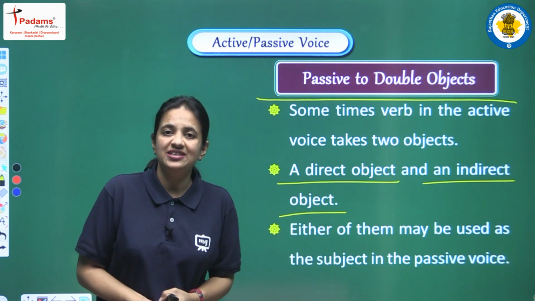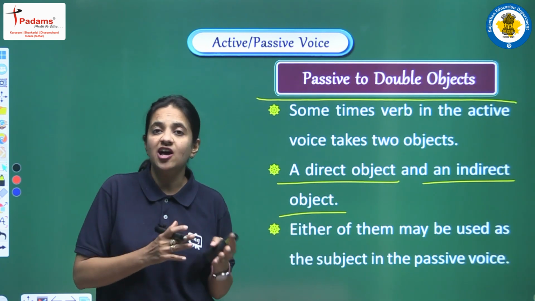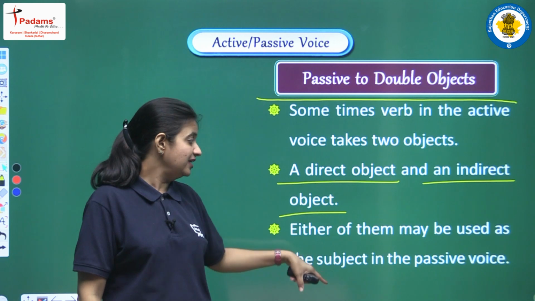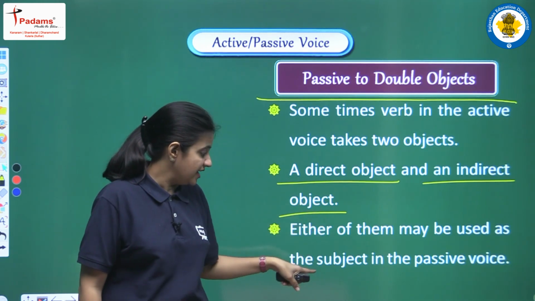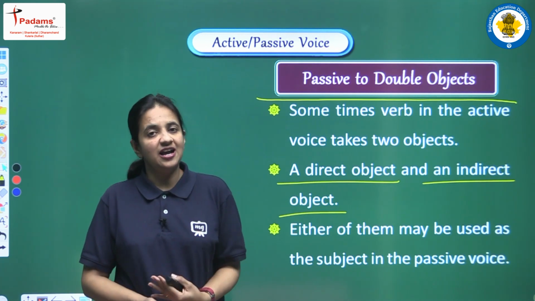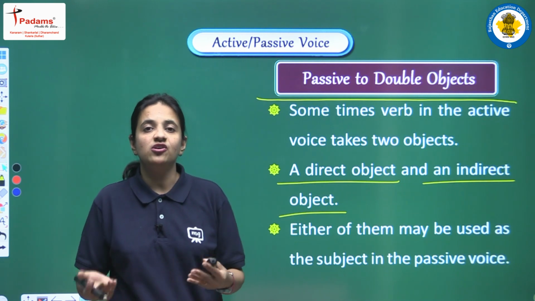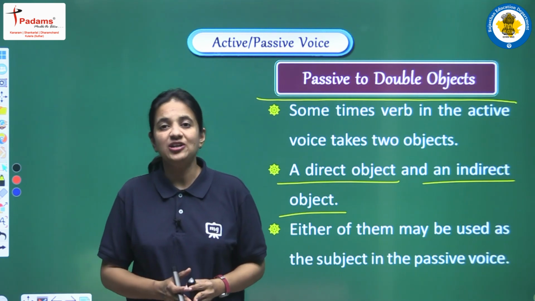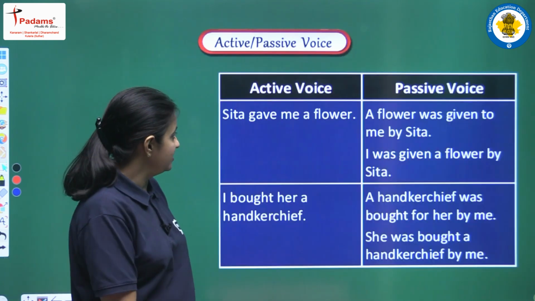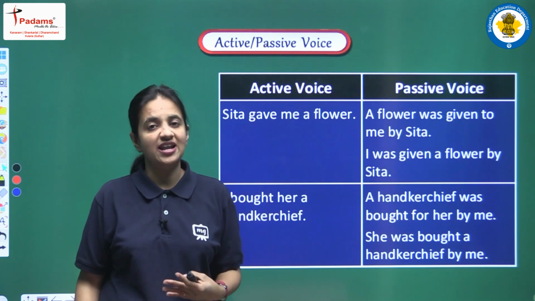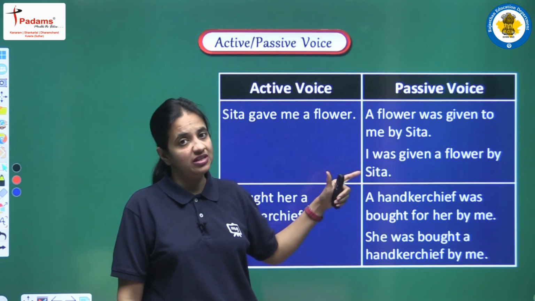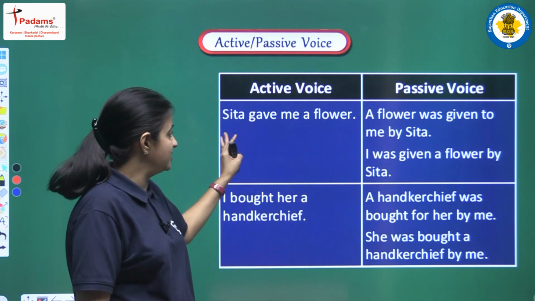So obviously we are having this kind of question in our mind, which object should we choose to start the sentence. So for that we are having this thing that either of them may be used as the subject in the passive voice. So at that time we are having two options. We can make our passive voice in two forms because we are having two objects. So we can make two sentences that we can start with either of the objects. So now let's see some examples of such sentences in which we are having double objects, and let's see how we can make passive voice of these sentences. We will see both the options that we are having. So let's see the first one.